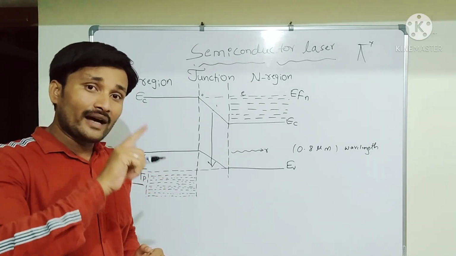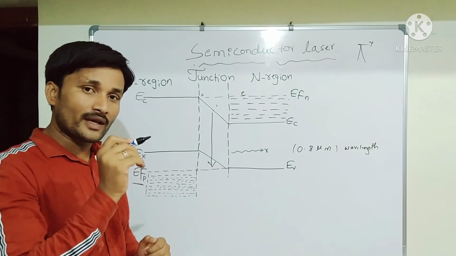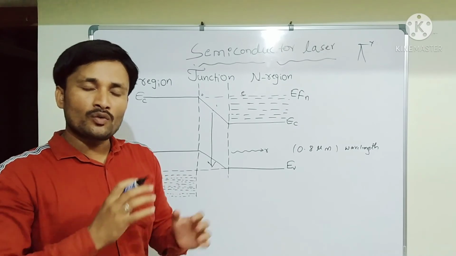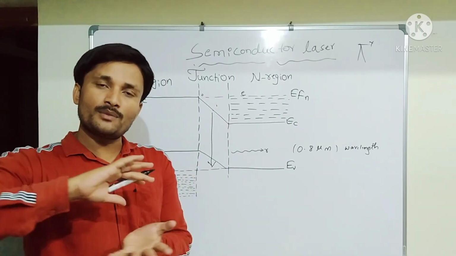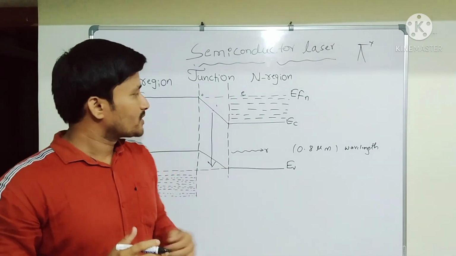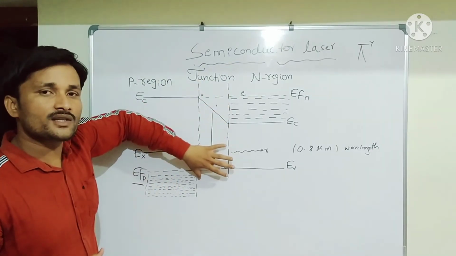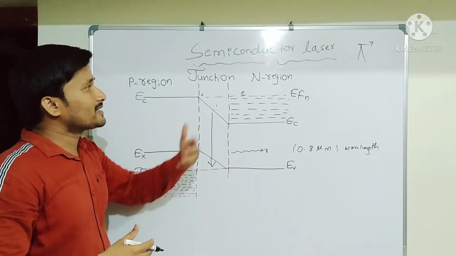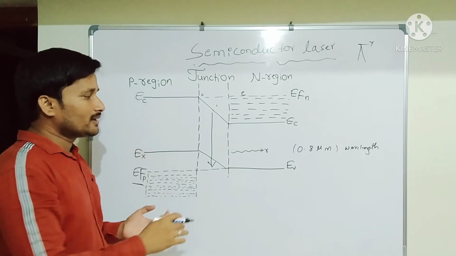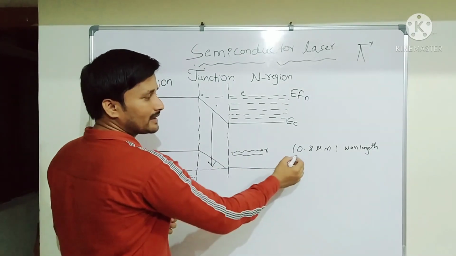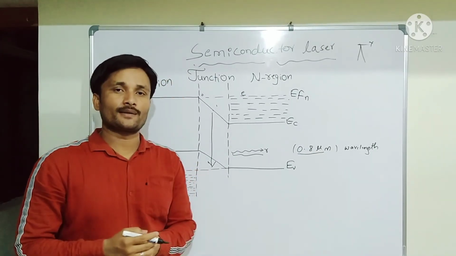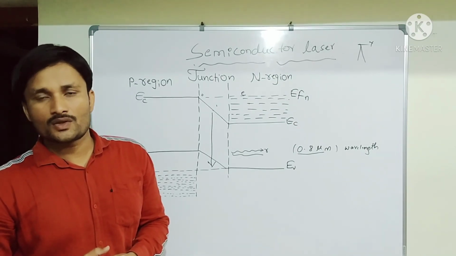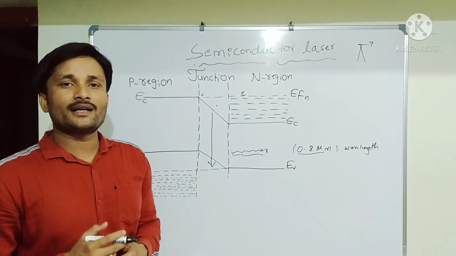In the figure, the PN junction region, the actual parameter of the PN junction device, we call the active medium. From that active medium the semiconductor laser beam comes out. Clear? So spontaneous emission leads to the active medium from where the semiconductor laser will come out. The maximum wavelength we will achieve in a semiconductor laser is 0.8 micrometer, which comes in the IR region. So this is the working principle of the semiconductor diode laser.